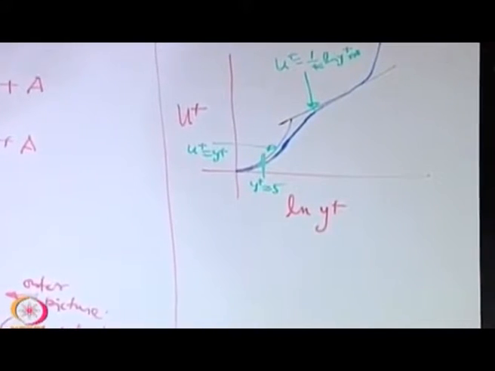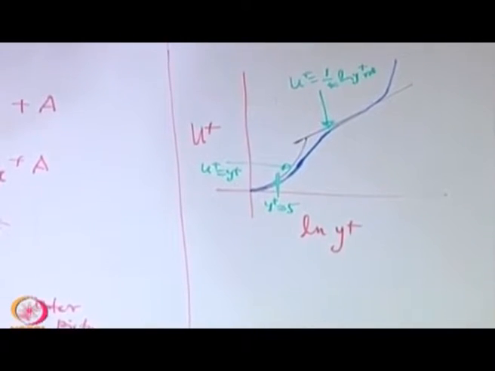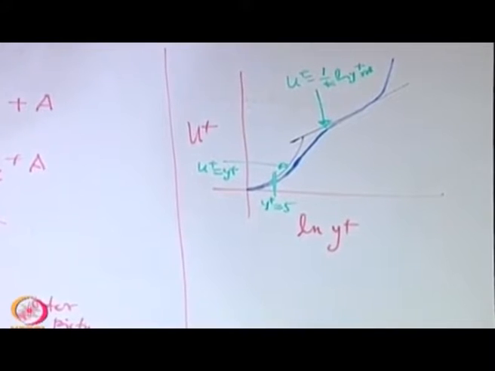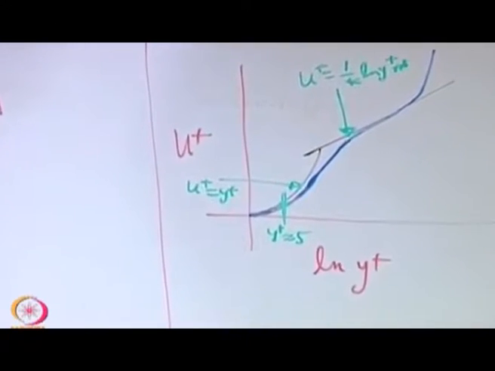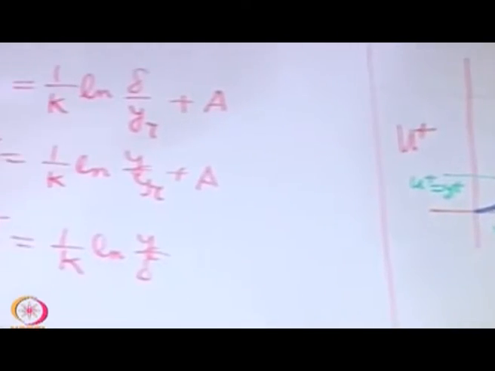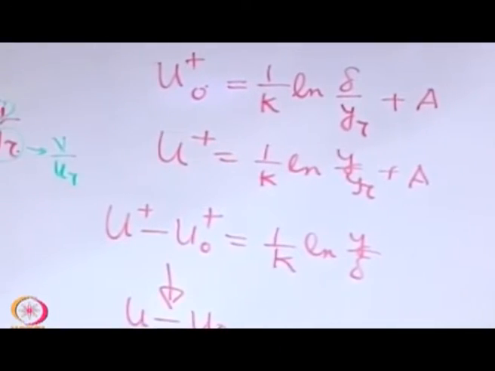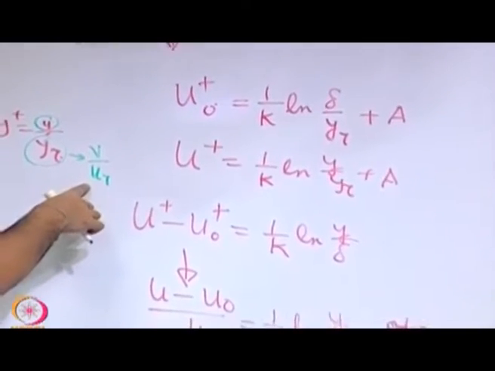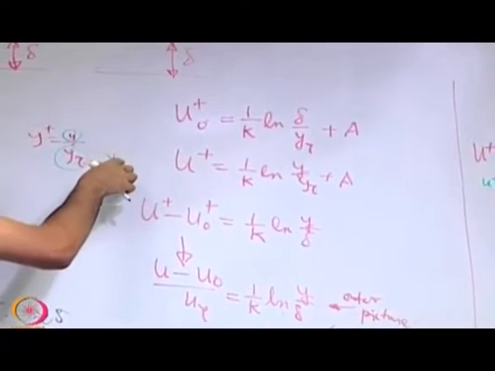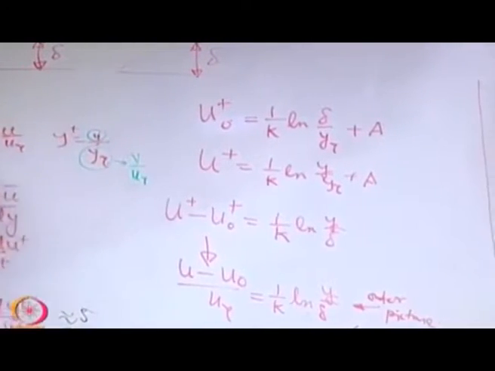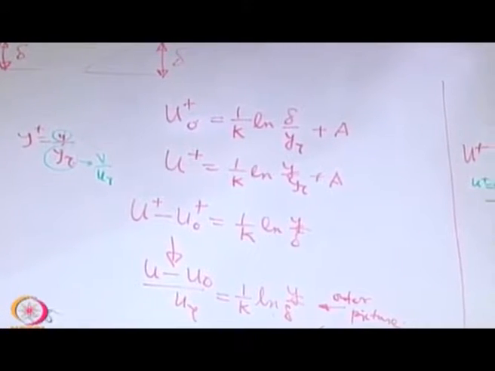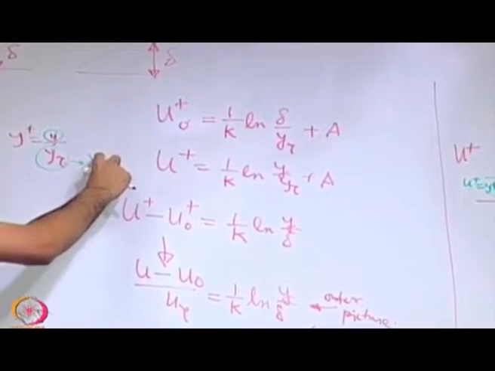So, what is y plus doing? See, y is a very small region close to the wall, but what is y tau? Y tau is nu by u tau. Nu is very small, say nu is 10 to the power minus 6 meter square per second and u tau is, say, 1 meter per second as an example. So this ratio is small,